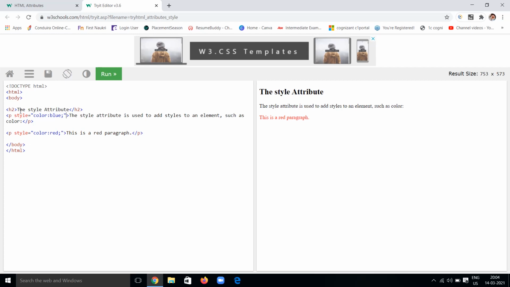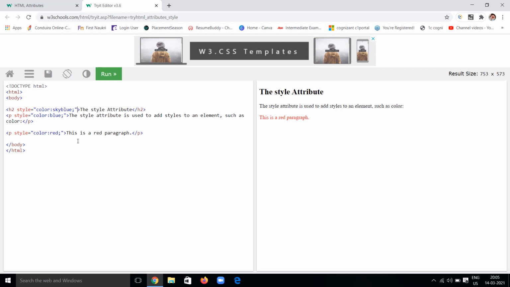We can also style the headings, like style is equal to some color. I have given a sky blue color, and I'm closing that tag.